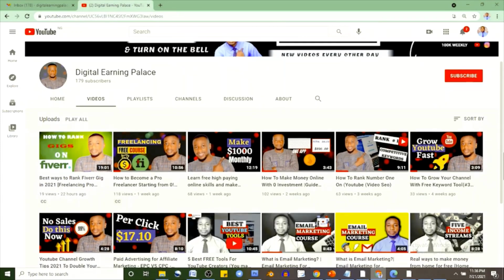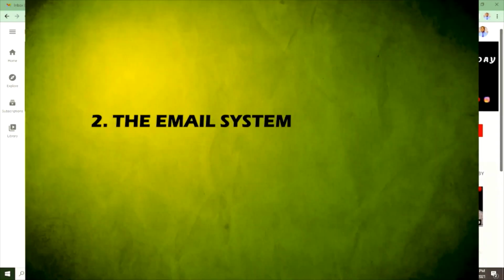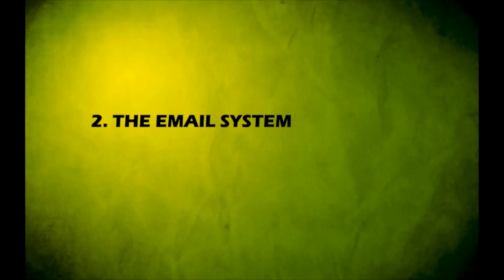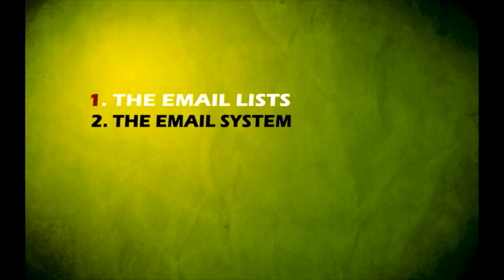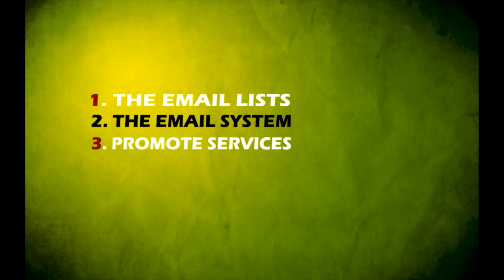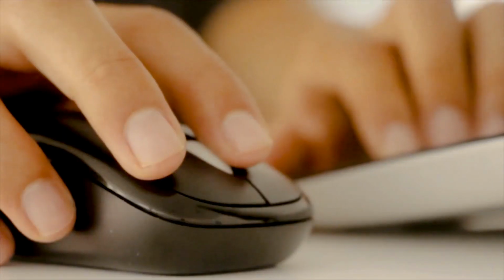So now that we have built the email system, which is part 2, we now have the email list and we also have our email system. We are now ready to send and start to promote our services. This is the most important part, since at this point we need to write the perfect subject line and the perfect template so as to attract people, so we can communicate with them